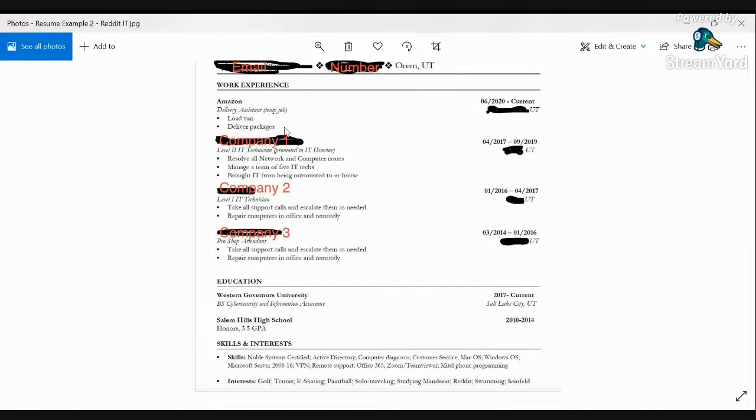Deliver packages to where? Across the nation with this, or something. Just add a little more bulk so I understand what you're doing. So the other thing that I'm going to quickly highlight here, let me zoom in,